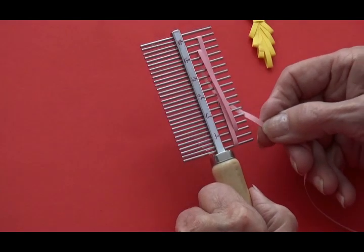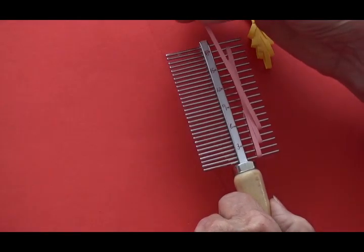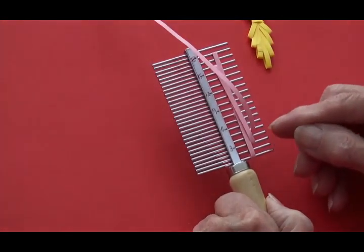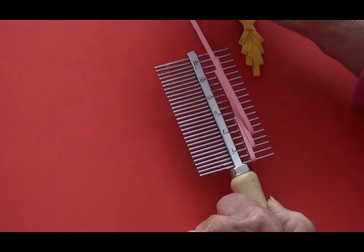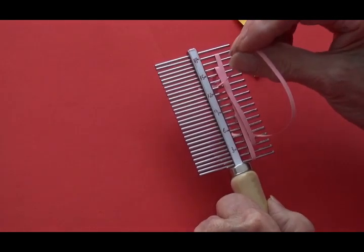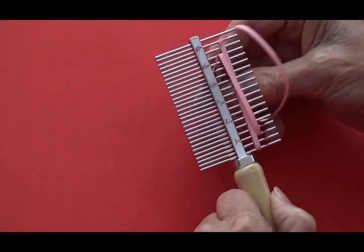Under prong, I'm on the back, so under prong, what is that? 1, 2, 3, 4, 5, isn't it? Under prong 5 on the right to the front, and over that prong on the left, I believe,